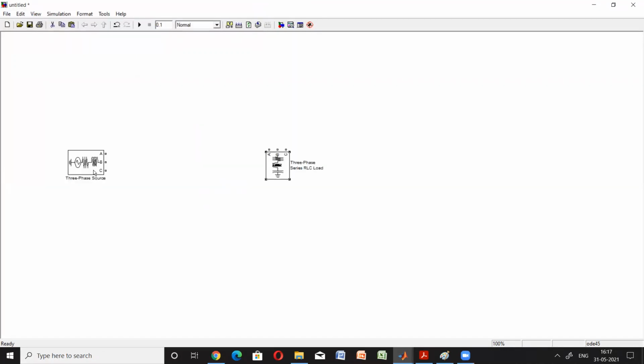So here we are taking a three-phase voltage source, and here we are taking a three-phase load. Okay, as you see, the knobs of the three-phase load are in the upward direction, so we have to rotate it. So click on it and Control R. Okay, so I am making a three-phase source with a three-phase load. Okay, now if I want to simulate this basic circuit,